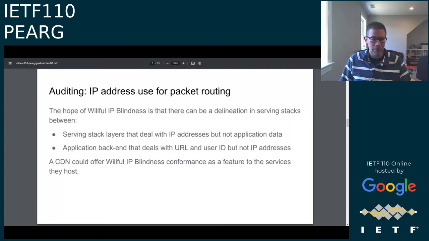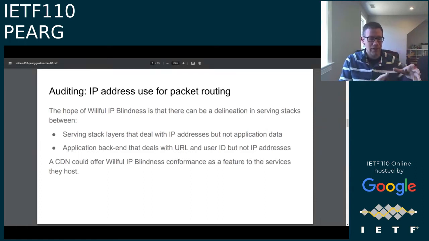The hope with Willful IP Blindness is that we can divide the server stack into two sort of halves. The first half has access to the IP address, but doesn't have access to application data. And the second half, the deeper part of the stack, the application backend, does not necessarily need the IP address, but it does need things like the URL, the user ID, cookies, things like that. And so the idea is that by dividing the serving stack into these two pieces,